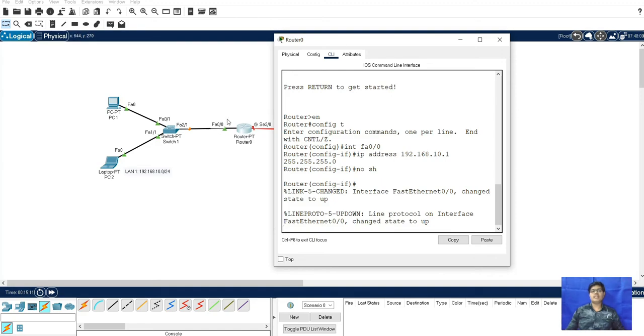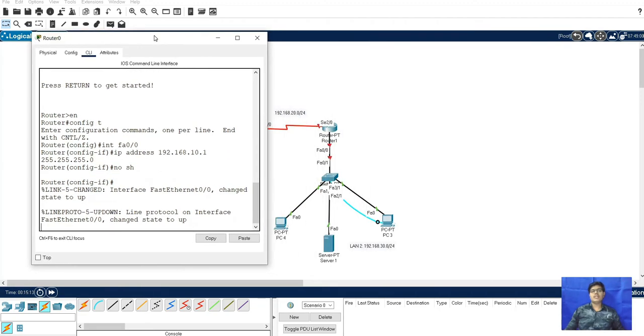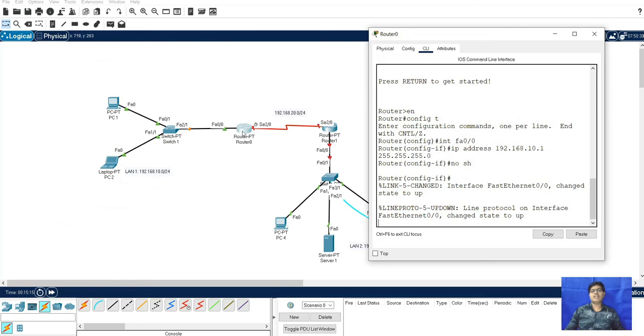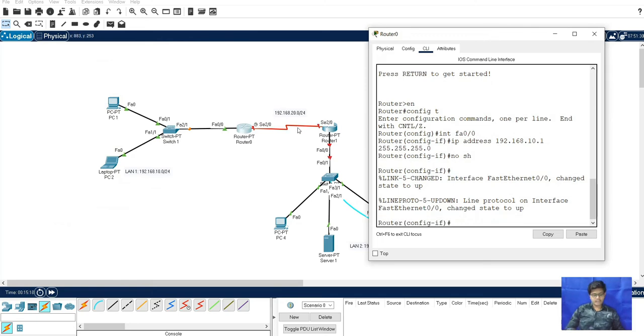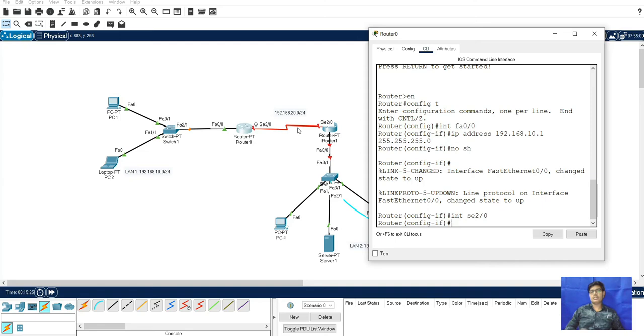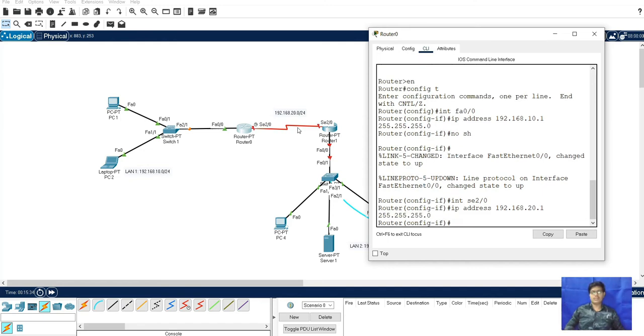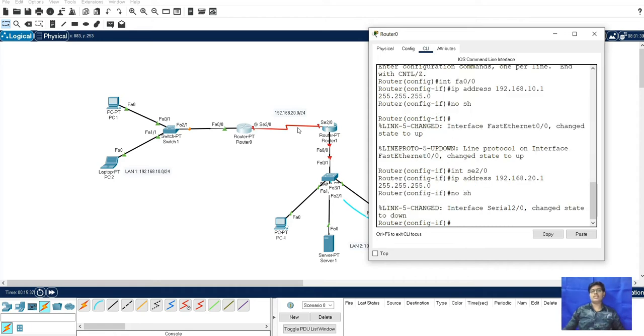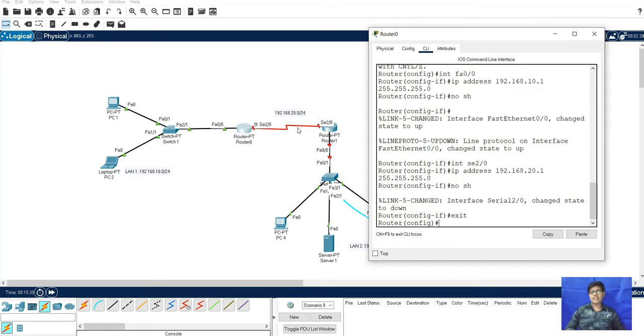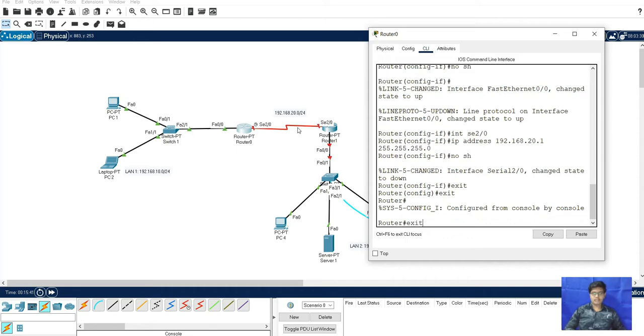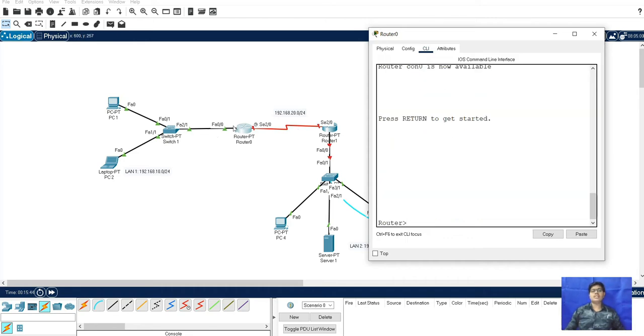You can see the green light is on. After this we will give the IP configuration for the serial port 2/0, IP address 192.168.20.1, 255.255.255.0. No shutdown. So this is on. We will exit, exit, exit. Okay. So this configuration is done.